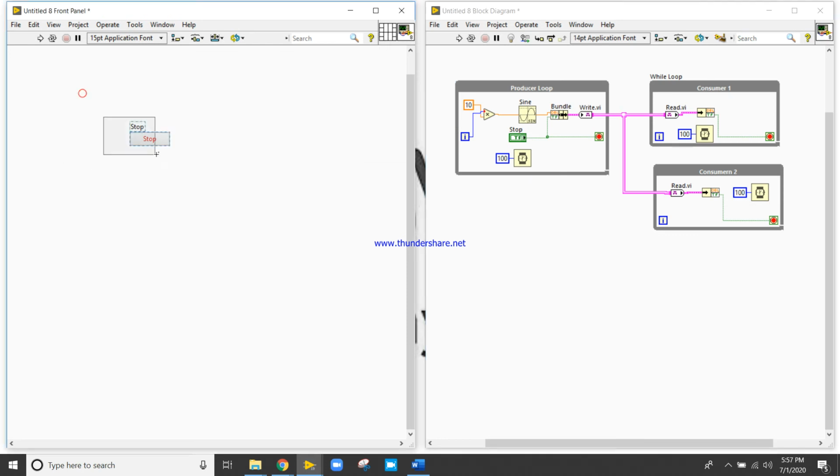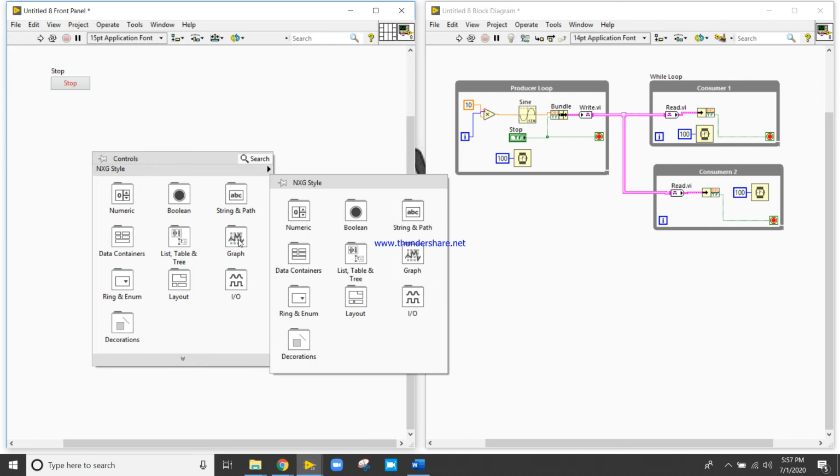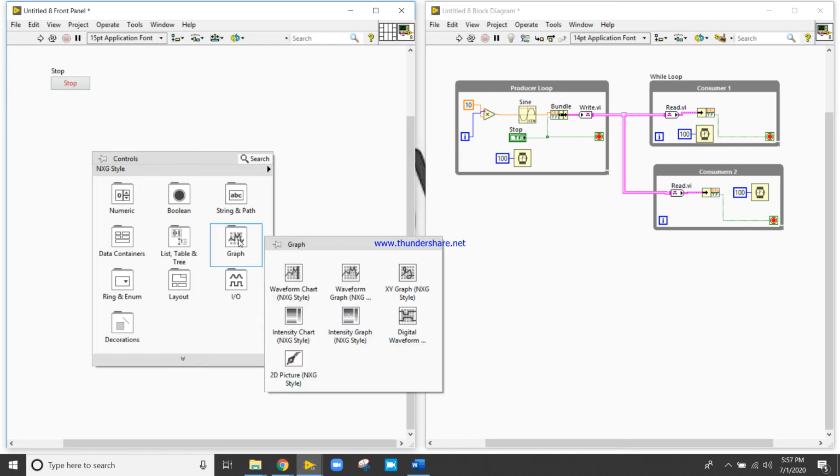Coming to the front panel, right click, create waveform chart.